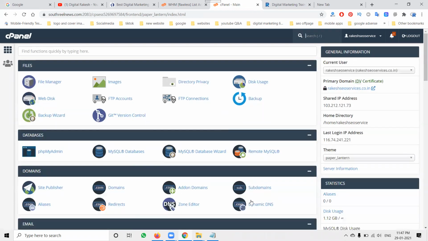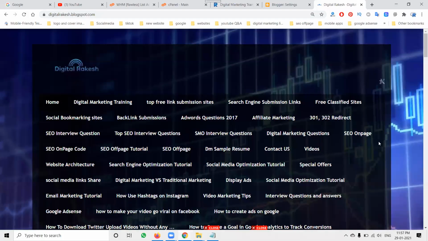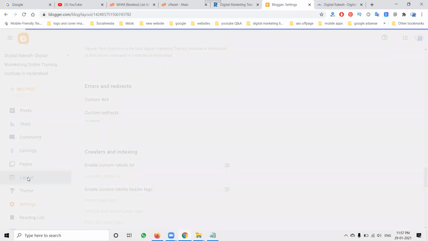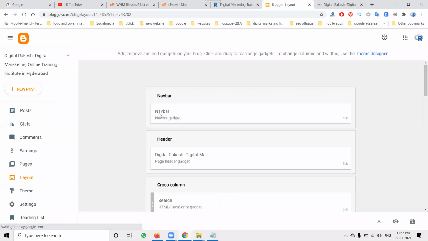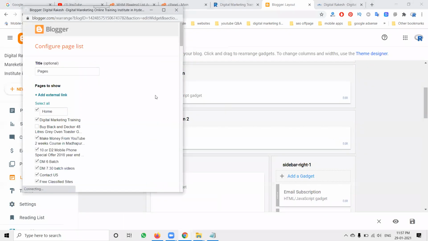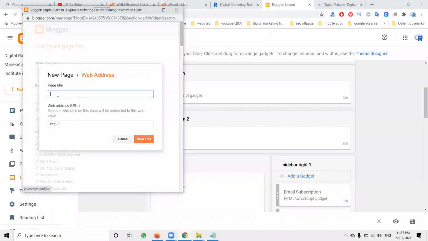Now I'm showing it for Blogger. In this Blogger website, simply go to the option here. Every option will be there. Go to the Layout option. In the layout, we have the option called Pages. Edit the page and use the option called Custom External URL. Add the training link here.